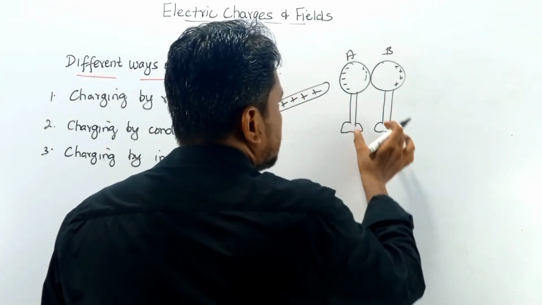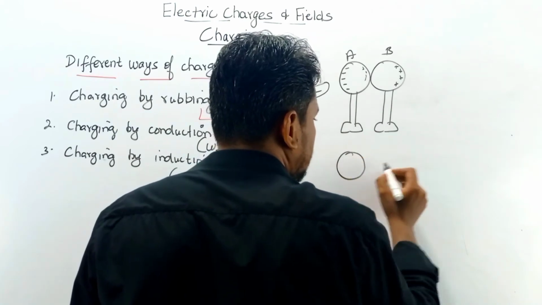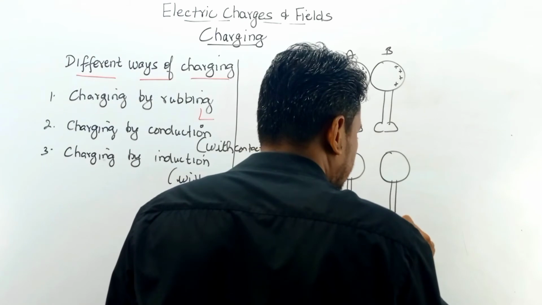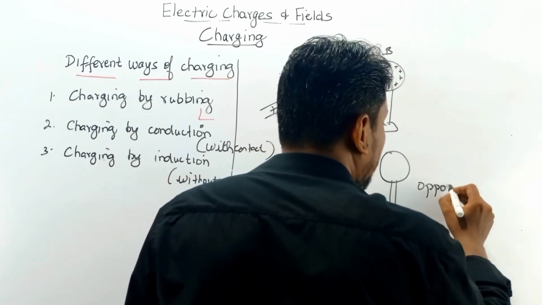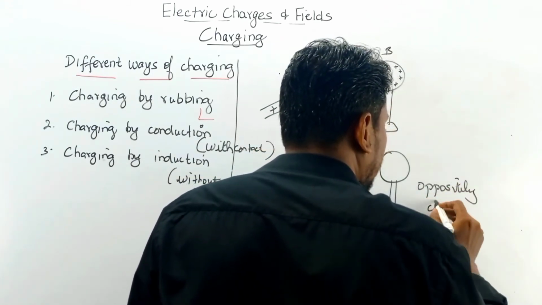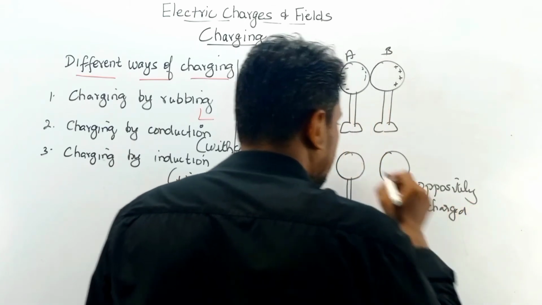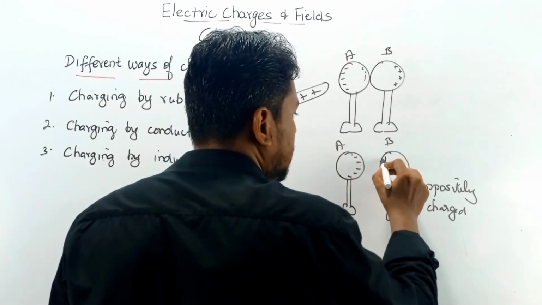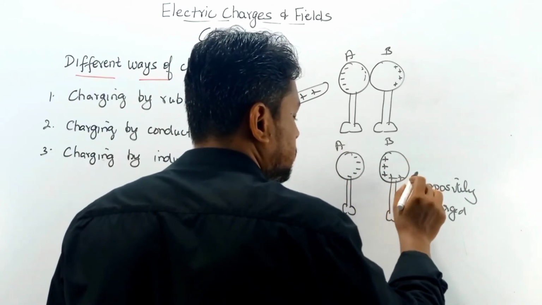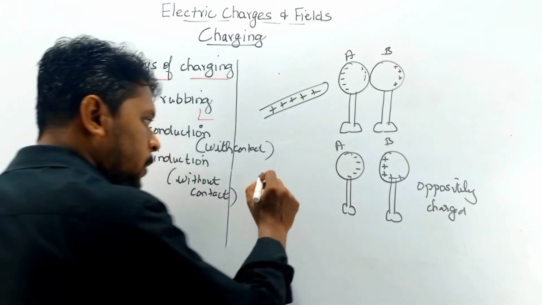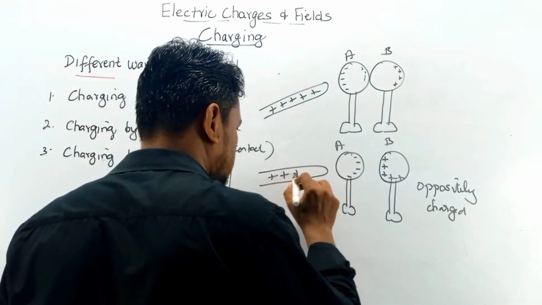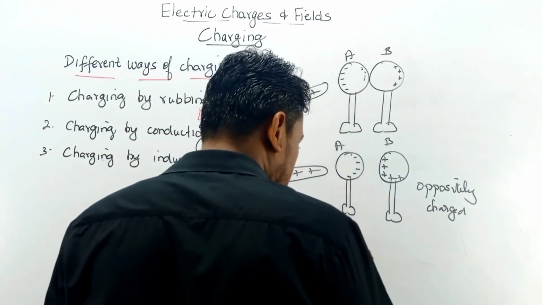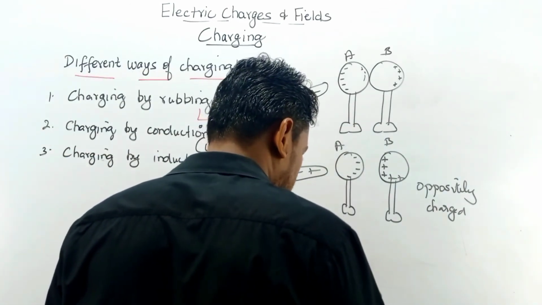Now after this, when I separate this to some distance, now here we can say that both will become oppositely charged. When I separate this A and B, now see that this becomes oppositely charged. Both become oppositely charged, but this glass rod remains nearby. Okay, now when I again separate to some space, when I increase the distance,